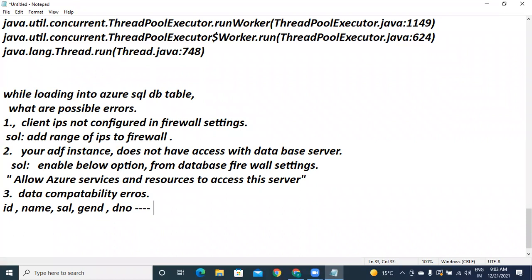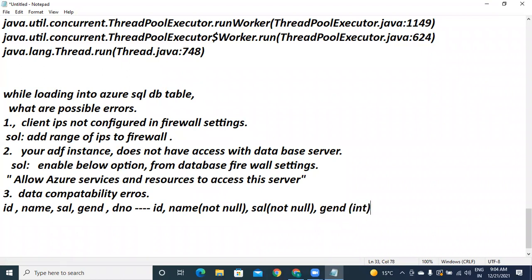But in the table, ID is as usual. Name is configured as not null. Salary is configured as not null. Gender: suppose gender is numeric, which is int, but in the file there are the values male, female.